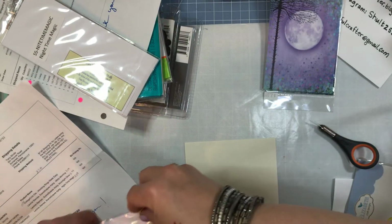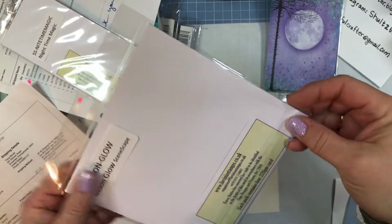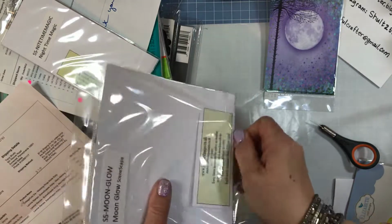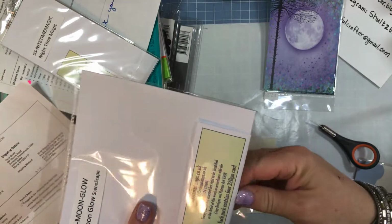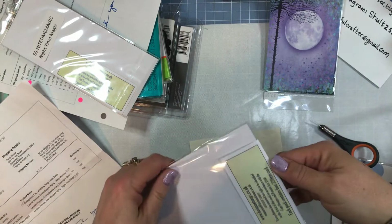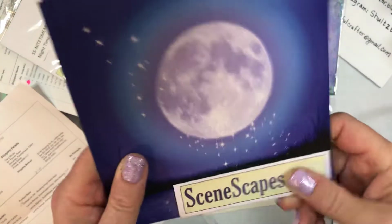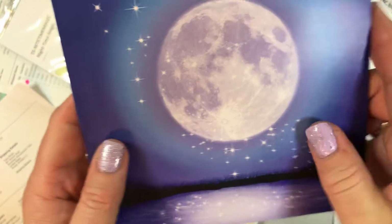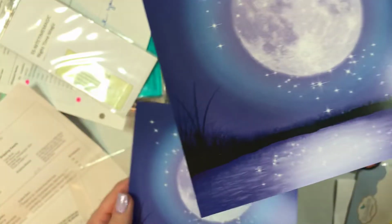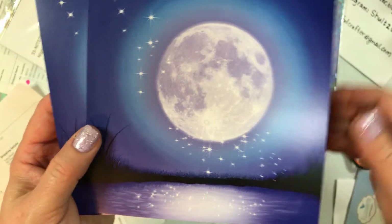Next up, also from Lavinia Stamps, is this one called Moon Glow. Again, this is a scenescape, and it's 6 by 6 inches, and it contains 4 illustrated cards. They're exactly the same, each one of them. And isn't that beautiful? You've got the moon, which obviously all of these are the moon, and a beautiful water